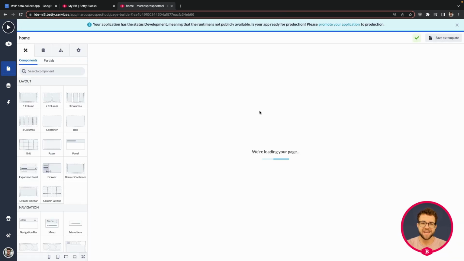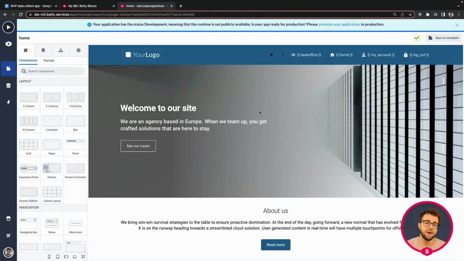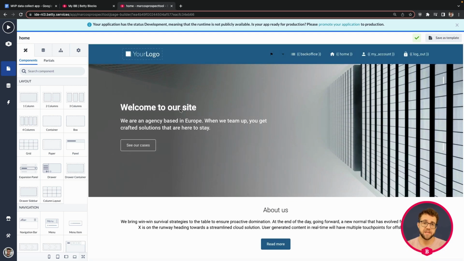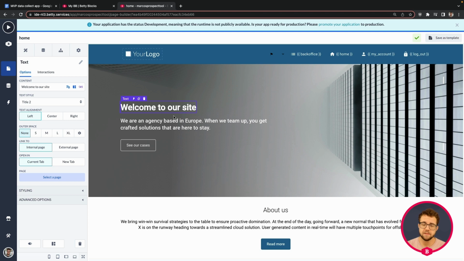So let's actually change that homepage. And let me show you how easy it is to change your own pages, to create a simple application like this, because the only things I've done so far is I've configured some stuff, I've selected some stuff, and right now what we're going to do is I'm going to change this pre-setup page, because as we see, it's a welcome to our site. Well, this is going to be something like